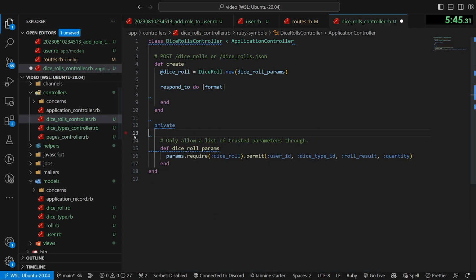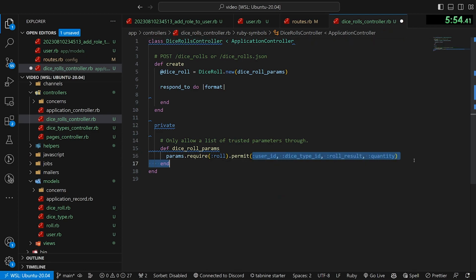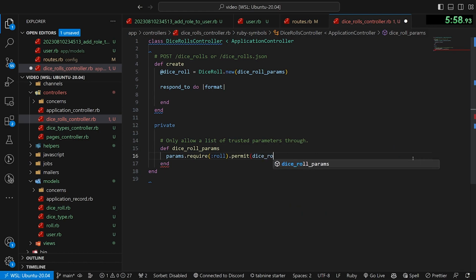This means we can get rid of this set dice roll. We do have our dice parameters here. This needs to be changed though. We are taking in a roll, which means this really should have been the rolls controller. I'm regretting this decision, but the scaffold was the faster way to do this. And then we can do a dice rolls